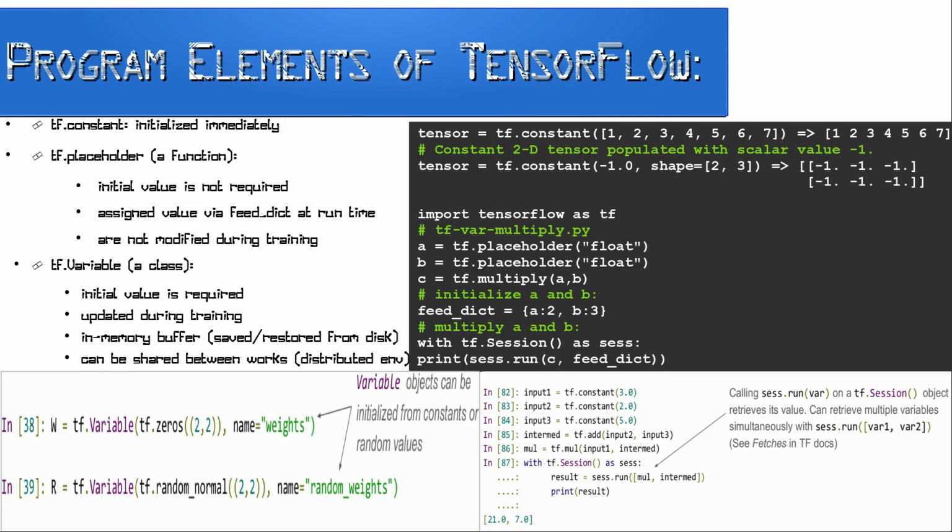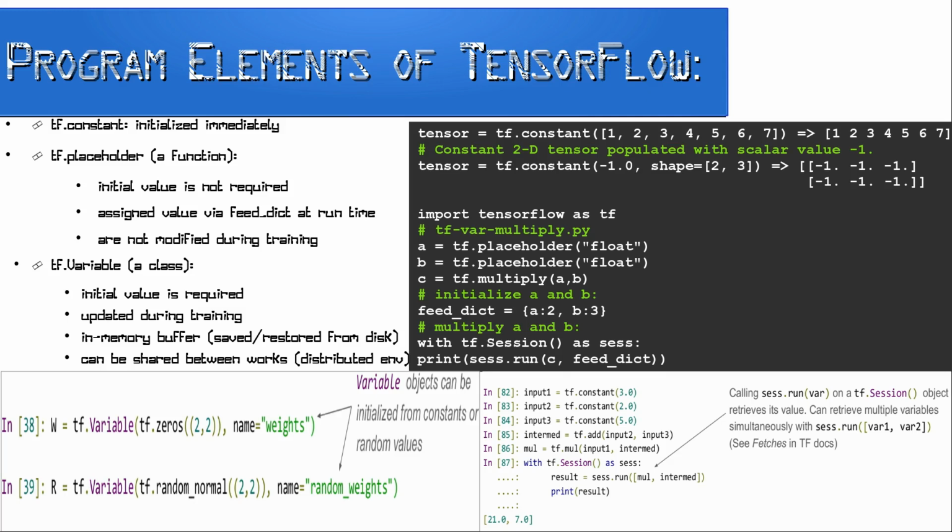input1 is equal to tf.placeholder of tf.float32. input2 is equal to tf.placeholder of tf.float32. tf.placeholder is defined here for objects for data entry. output is equal to tf.mul of input1, input2, close the round bracket. With tf.Session as ses, print of ses.run, open round bracket, within square bracket output,